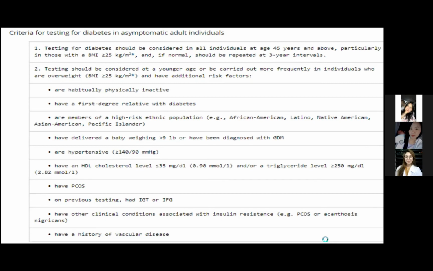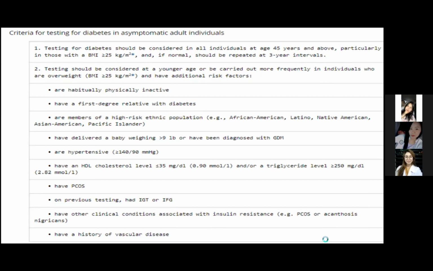We have additional risk factors: being habitually inactive, having a first degree relative with diabetes, and being members of high-risk ethnic populations such as African American, Native American, and so on and so forth. We have also delivered a baby weighing greater than 9 pounds or have been diagnosed with GDM in the early stage. We also have hypertension with greater than or equal to 140 over 90